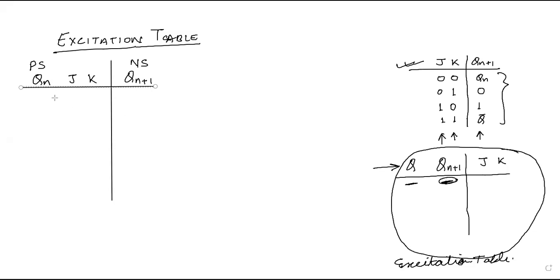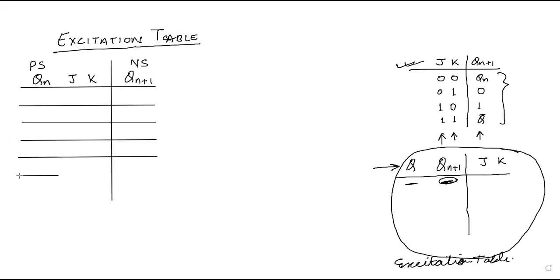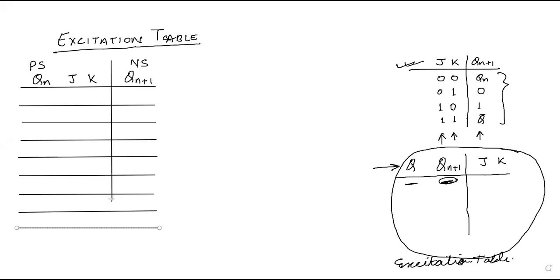Okay, let me draw 8 rows: 1, 2, 3, 4, 5, 6, 7, and 8. Here we will have 8 possible combinations, and the combinations are